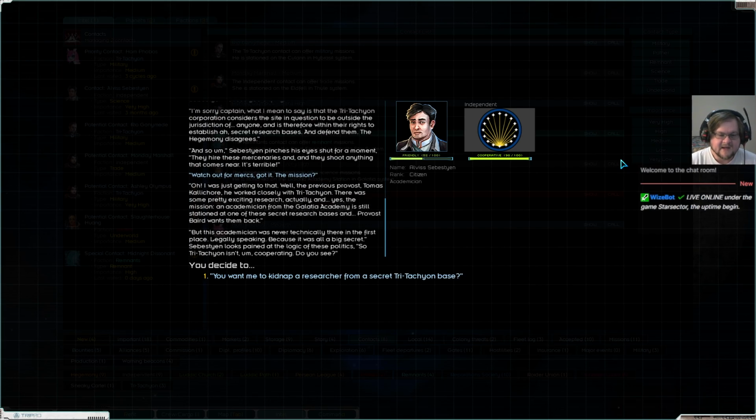Got it. The mission? Oh, I was just getting to that. Well, the previous provost, Thomas Calashore, he worked closely with Tri-Tachton. There was some pretty exciting research, actually. And, yes, the mission. An academician from the Galatia Academy is still stationed on one of these secret research bases, and Provost Baird wants them back. But this academician was never technically there in the first place, legally speaking, because it was all a big secret. Sebastian looks pained at the logic of these politics. So Tri-Tachton isn't,